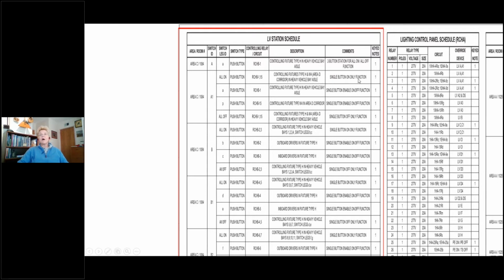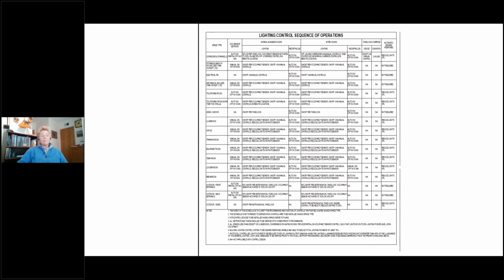But we have a single top button with an only on function. And if we go down to the all off, we have an all off button here. And then they've been able to segregate these loads of H and W between each other. So this isn't a bad way of doing it, but again, it's very dense. It's a lot of text. It's a lot to read and a lot for a programmer to try to process. But it does work, and it does show a little bit more information than what we had before.